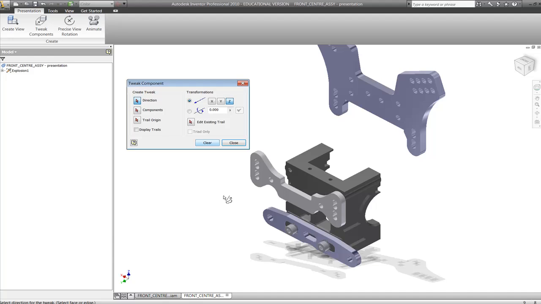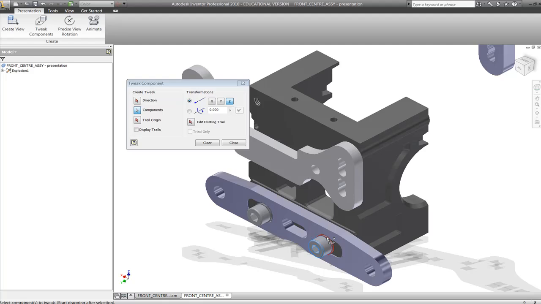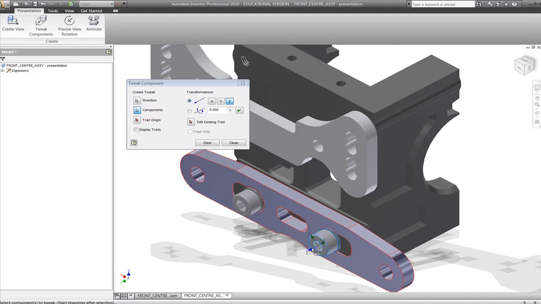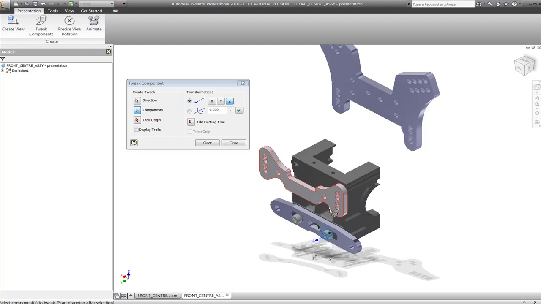So I'm going to hit Clear to deselect the previous plate, pick the Components tool, and I'm going to grab that cap screw, and I'll zoom in to grab the washer, zoom back out, pick the Direction tool and click on that front face and find that that's in the Z direction. But I need to pull that out. So Z, linear, 40, apply,